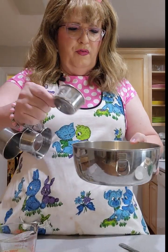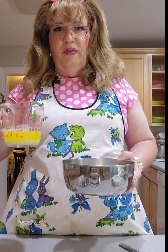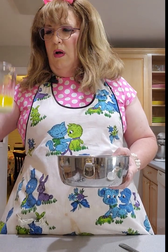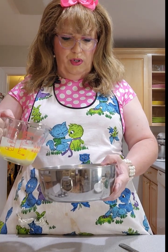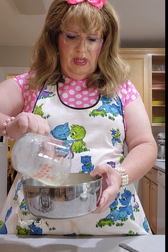So the next thing we've got to do to make the crust is add a third of a cup of powdered sugar. I've already got it pre-measured, and it's just going to go in there like that. Now, while I was off camera, I also warmed up all that butter. So I've got 6 tablespoons of butter in this, and it's melted. It's probably better to let it go in at room temperature, but you know, what are we going to do? It's got to be liquid anyway to mix in here. So I want to pour this guy in there,